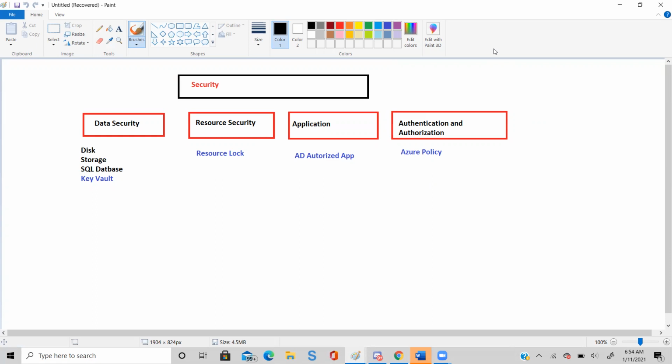So you have a track available called Azure security engineer, Azure security expert, or specialist.